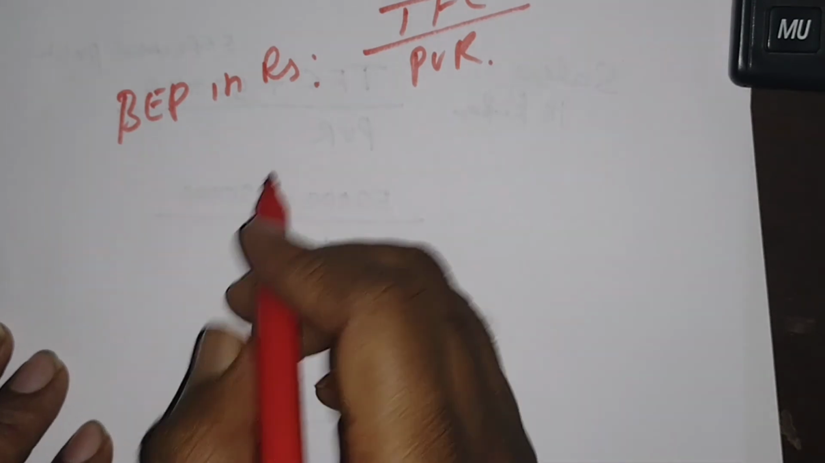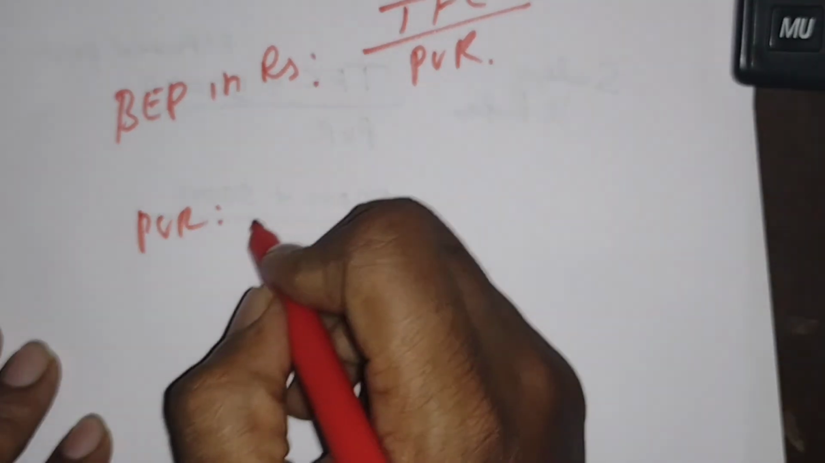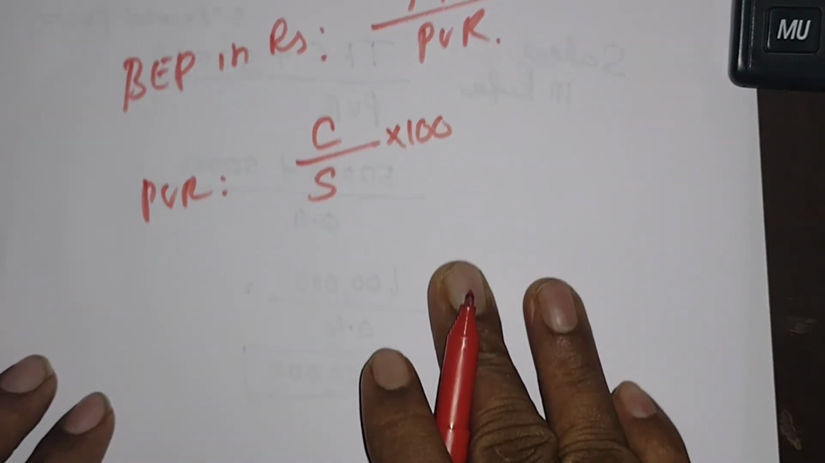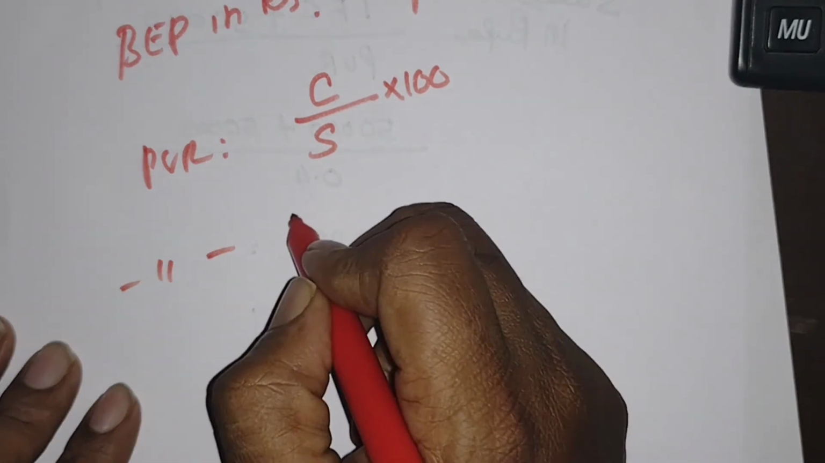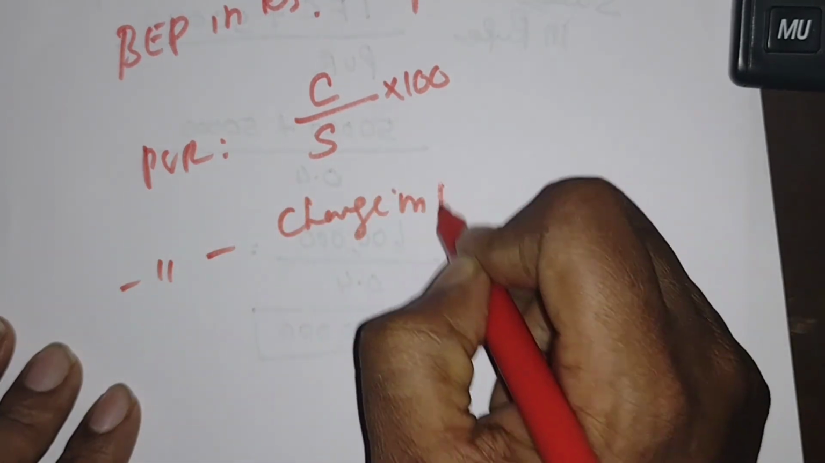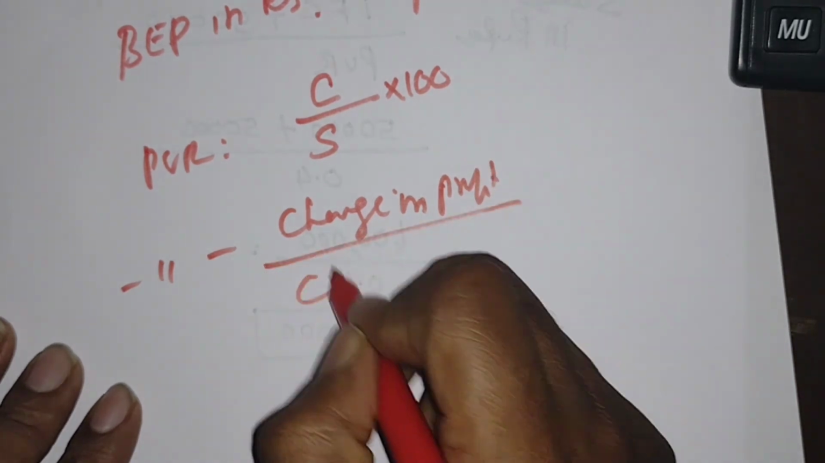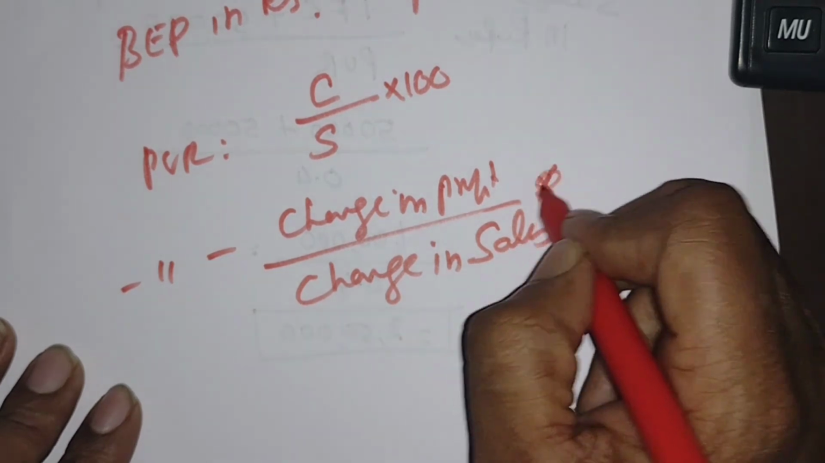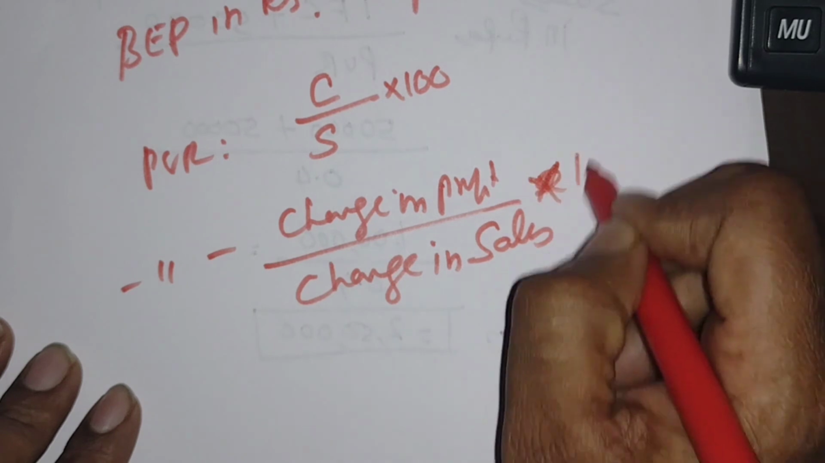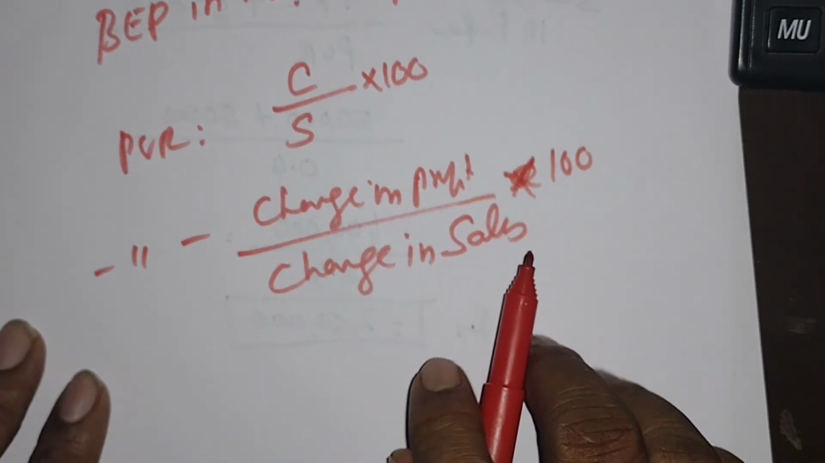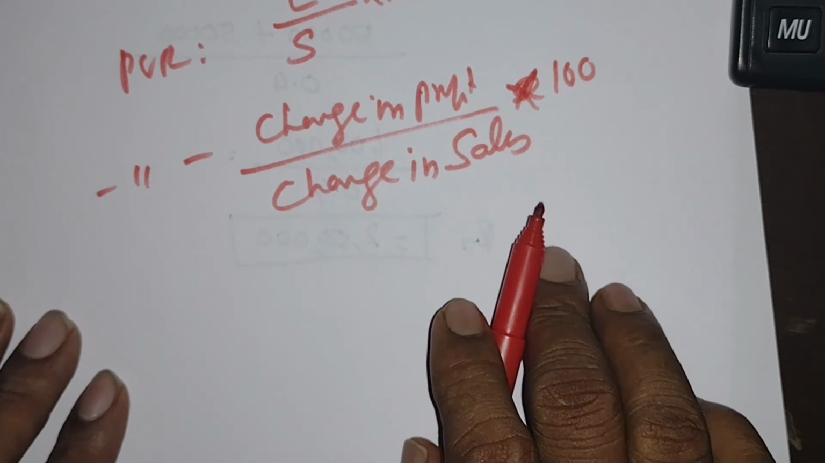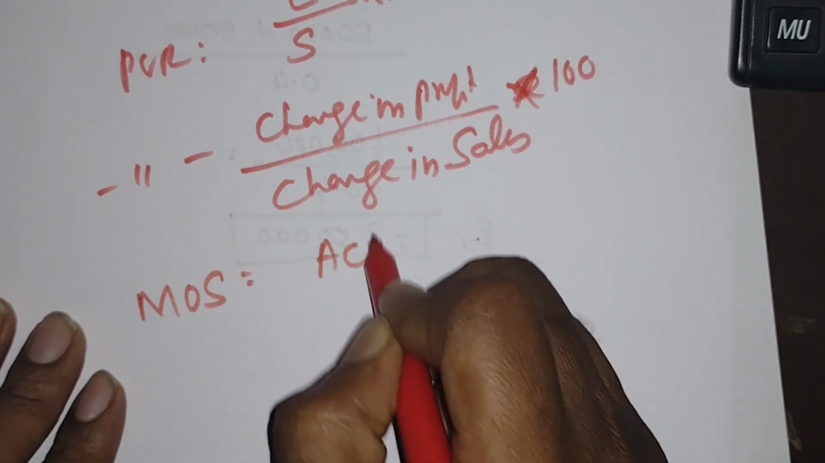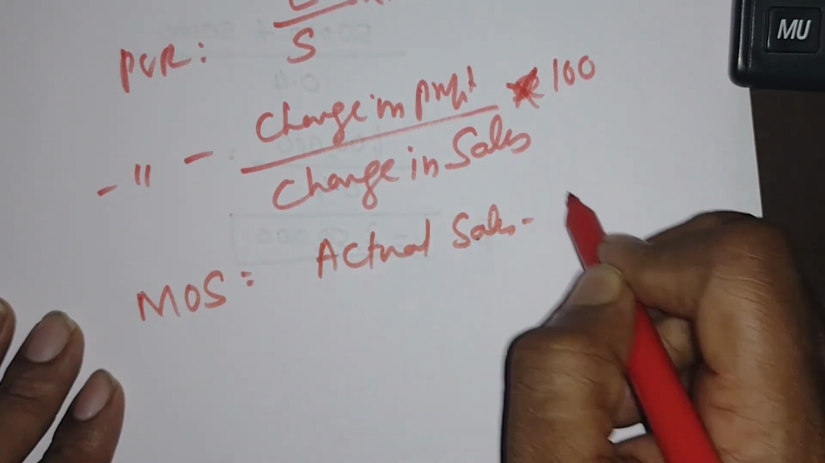So we indicate the formula of PV ratio. PV ratio is equal to contribution divided by sales into 100. Or another formula for the PV ratio is change in profit divided by change in sales into 100. This is the formula for PV ratio. Next one is the margin of safety. It is actual sales minus B